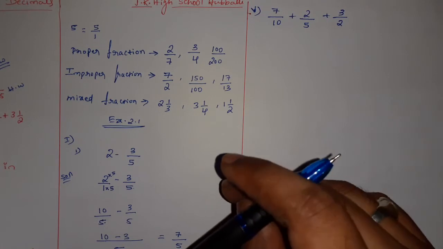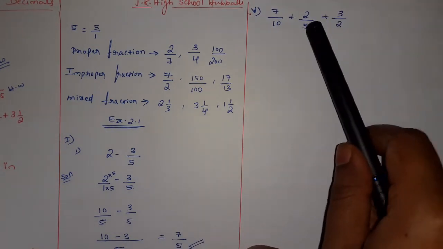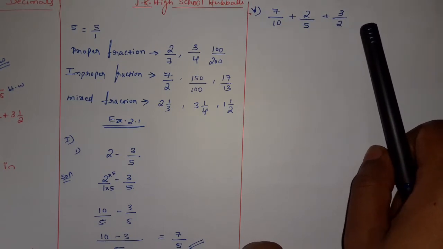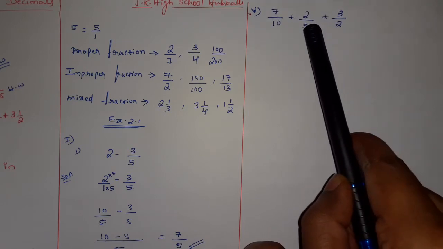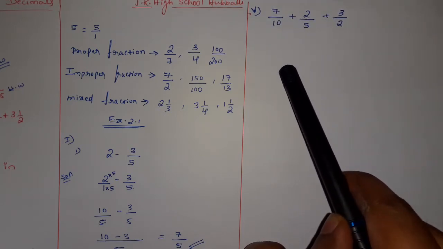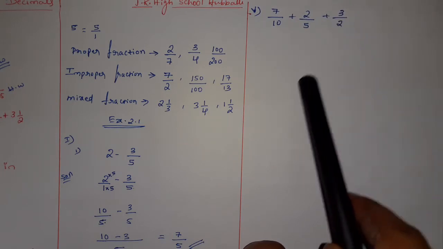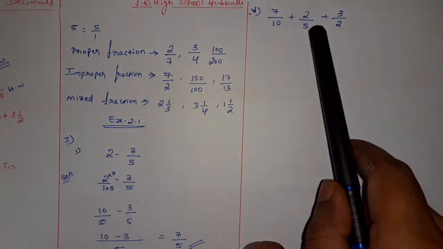One way is to find a common number which is available in 10 table, 5 table as well as 2 table. That is one way. Another way, first you can solve these two only and you will get the answer, and for that answer you have to add this. That will take more space as well as more time. That is time consuming. Second method is time consuming.